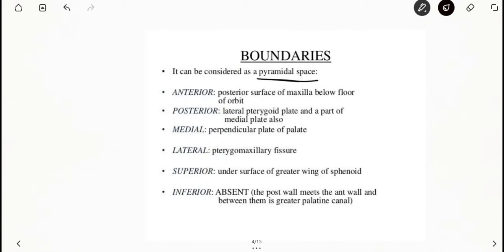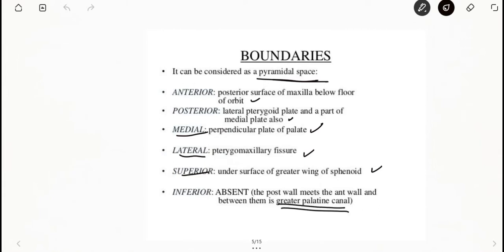The boundaries: the anterior boundary is by the posterior surface of the maxilla below the floor of the orbit. The posterior wall is bounded by the lateral pterygoid plate and part of the medial plate also. The medial boundary is from the perpendicular plate of the palatine. The lateral wall is formed by the pterygomaxillary fissure. The superior wall is under the surface of the greater wing of the sphenoid. The inferior boundary is absent as the posterior wall meets the anterior wall, and between them is present the greater